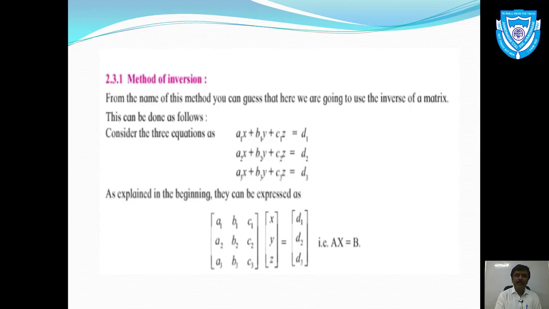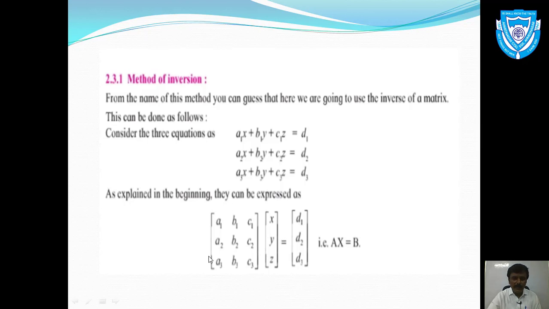Now the question arises, how to convert the given equations into matrix form. We'll convert the system into AX equals B form. Now what is AX equals B form? Here on screen you can see that AX is equal to B. So A is a matrix of coefficients of variables, whereas capital X is equal to matrix of variables and capital B is equal to a matrix of constants. So this is how we can convert the equations into AX equals B form.